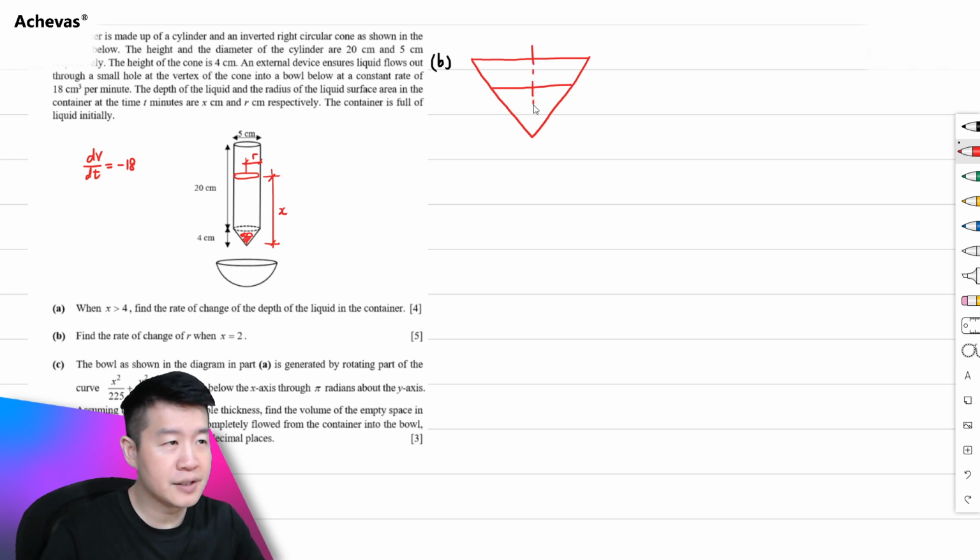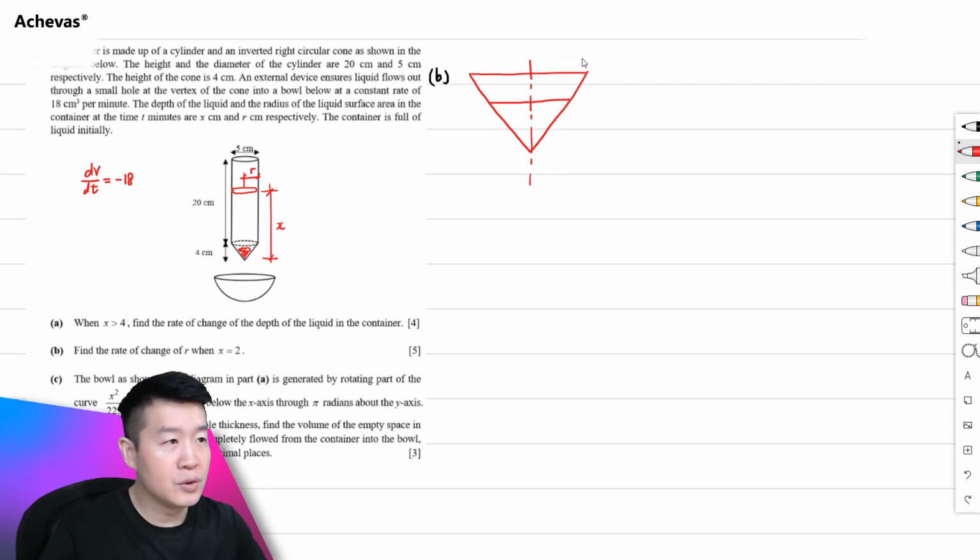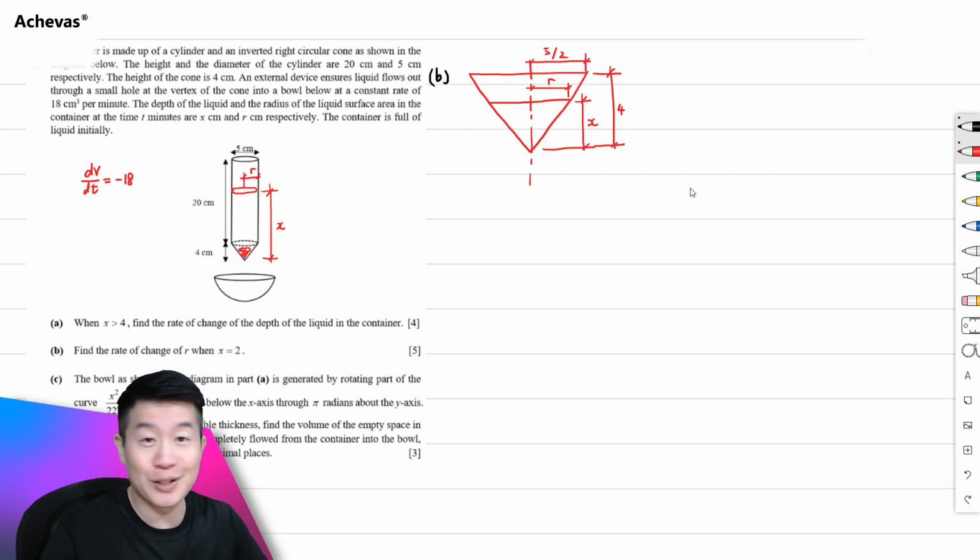So if I have the center of the cone as here, I know that this distance here is 5/2, and this distance here is r. Here is the depth of the liquid that is inside, so this is x, and here is 4. I am pretty sure we are going to be making use of similar triangles, but anyway, I'm going to look